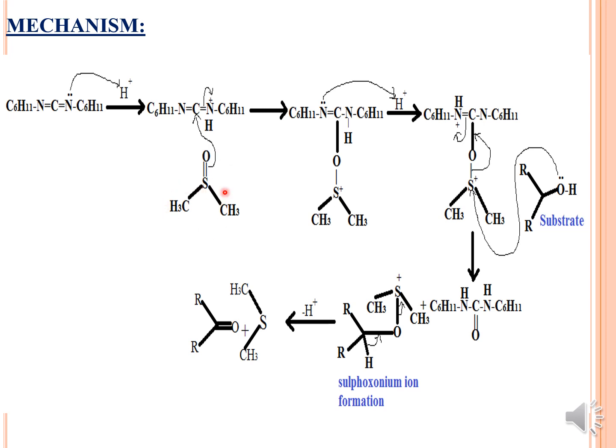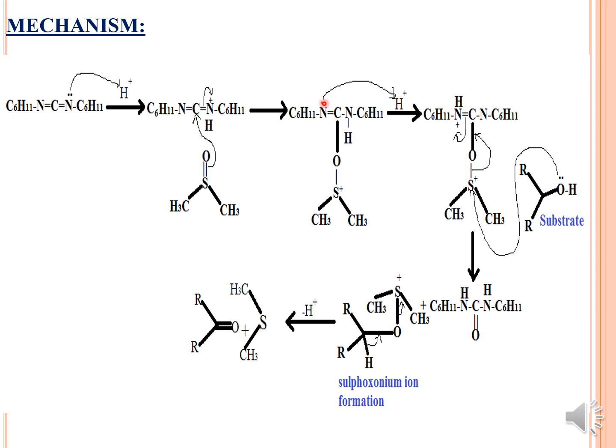an ammonium ion is generated. There is the attack of your DMSO. This sulfonyl group which is present over here, this bond goes and attacks the carbon atom, and then there is a neutralization of the positive charge between this carbon and the nitrogen double bond which is present over here. This bond shifts, it will neutralize the positive charge of your nitrogen atom, and then you will get back this structure. Once you get this adduct formation, the next nitrogen, which is adjacent to the carbon atom towards your left side,